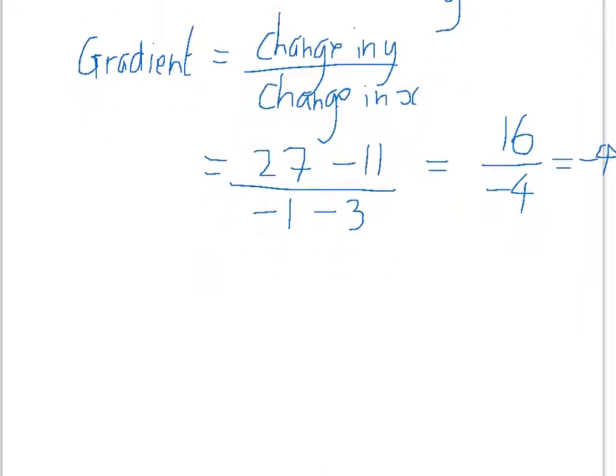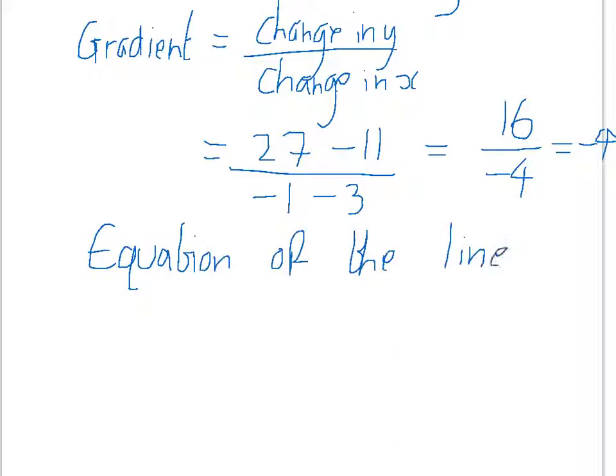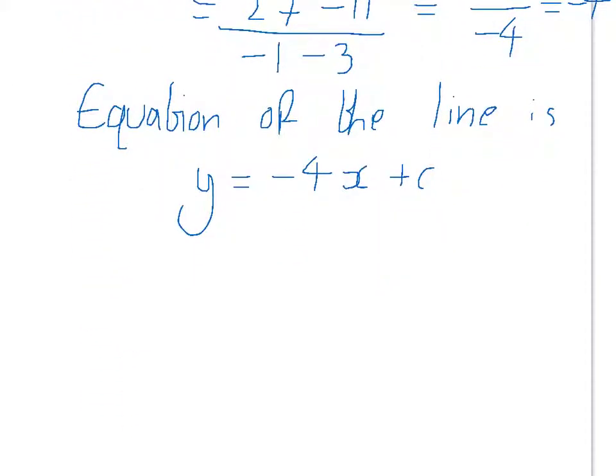So now the equation of the line is y equals minus 4x plus c, because the minus 4 is the gradient which we've just found. Now it's really easy to find the c. All you have to do is substitute in either (3, 11) or (-1, 27). Now for me, so we don't end up using negative numbers, (3, 11) would be a lot easier to substitute in. So we're going to sub in